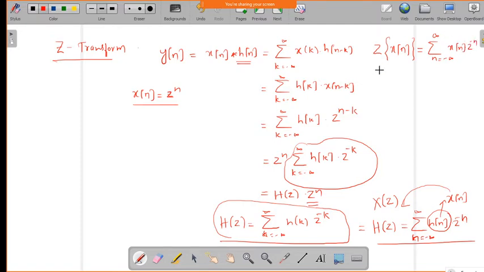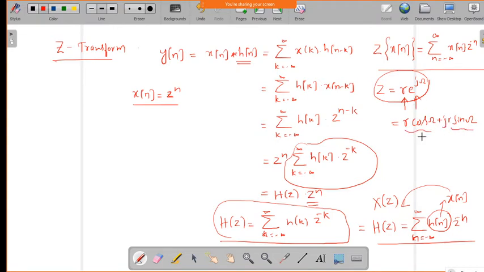So now this is actually the z transform equation. If you have z, the complex variable, we can represent it as r into e power j omega. This gives the complex z plane with magnitude and angle. If you represent this in terms of a complex signal, you will get r cos omega plus j r sin omega. This is the real part and this is the imaginary part.